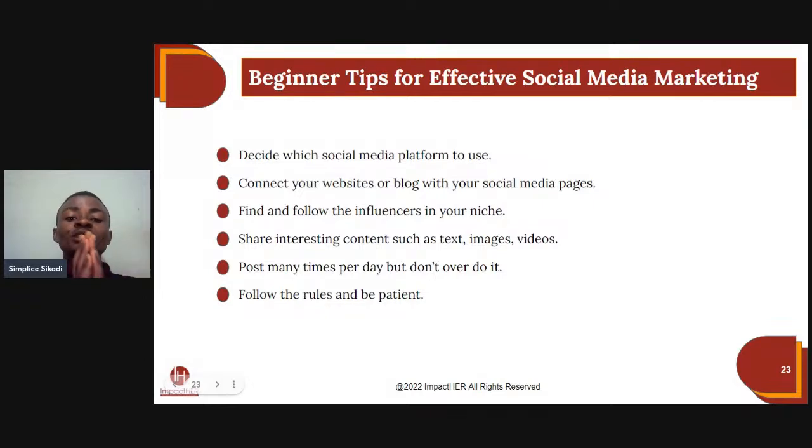So, beginner tips for effective social media marketing. Before you engage in social media marketing, these are the tips you should consider. You should decide which social media platform to use. Now, like we always say, it's advisable to be present on all the platforms. Be present there, but you don't necessarily have to be active on all the platforms. Now, depending on your product or on your service, you have to know which platform to prioritize. Because